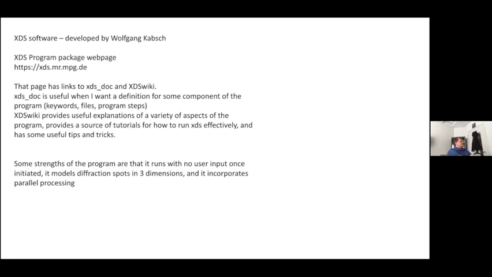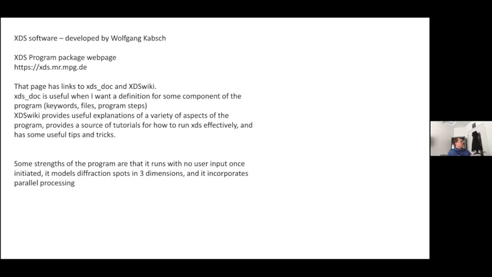XDS Wiki has some of that, but it's most useful because it's a place where they've gathered together a lot of explanation of how the software works, how to run it, and some useful tips and tricks when you're having trouble getting your data to process. And so I encourage you to make use of those